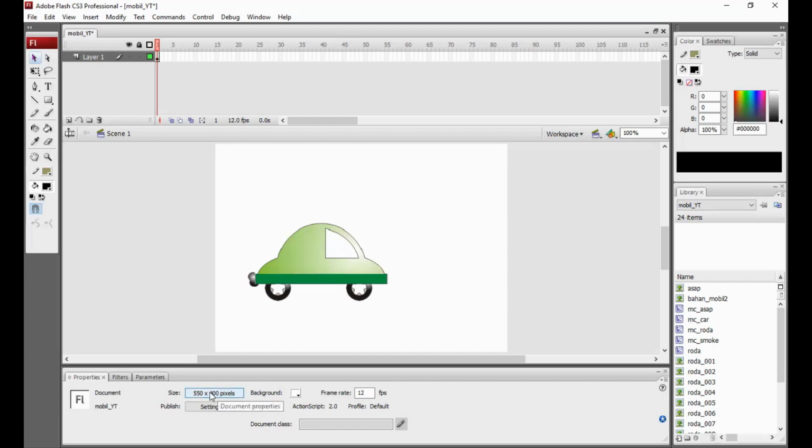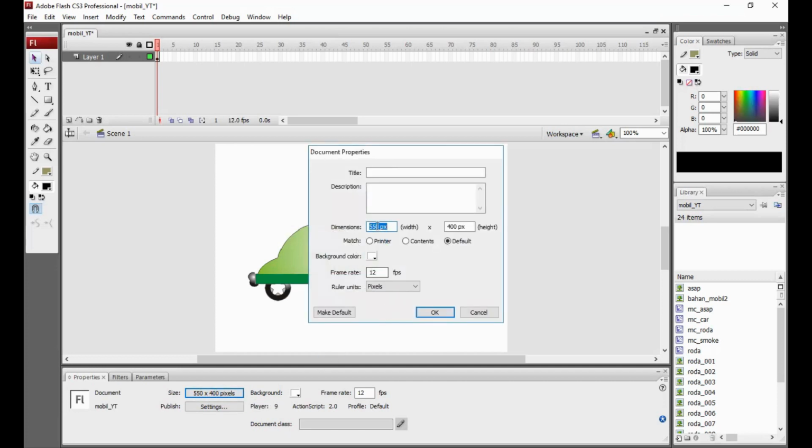We can change this first. Yeah, we can click, and for dimension we can set 600 per each back of city.